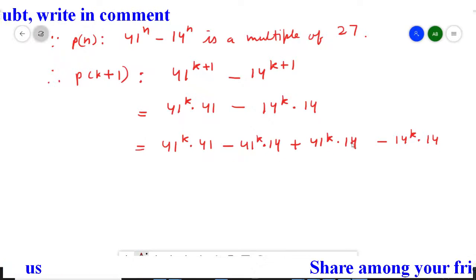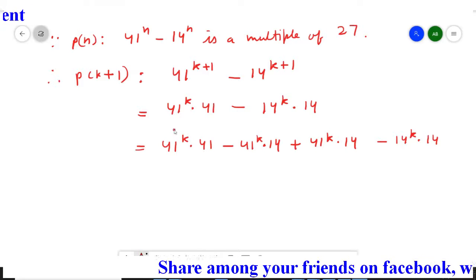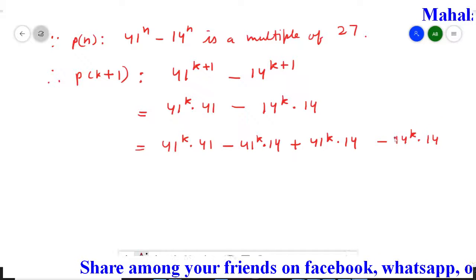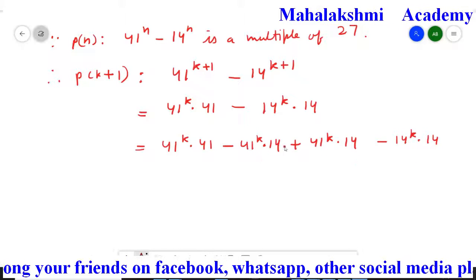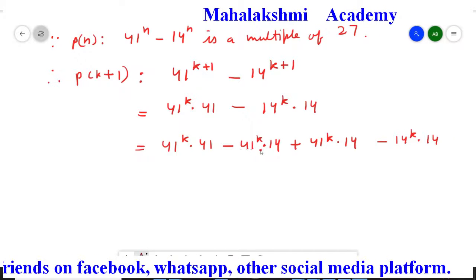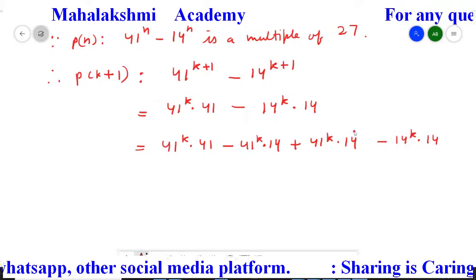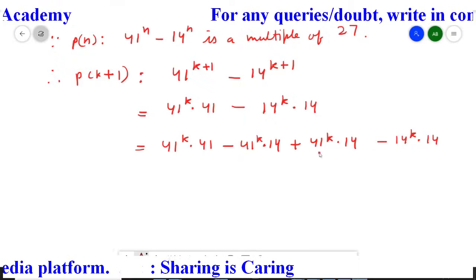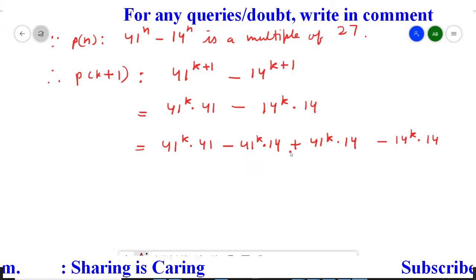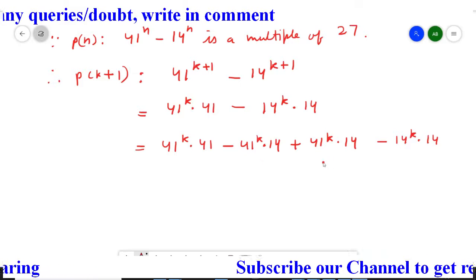And how did we create it? It's very simple. From the first term take the first portion, that is 41^k, and from the last term take the last portion, that is 14. Make the combination of it by multiplication. Once subtract, and the second time add, so that the result will be balanced. If you mentally solve it, we are left with only these two terms, because the other two are opposite in sign, so they will cancel. So we did not change it, we only introduced two new terms.